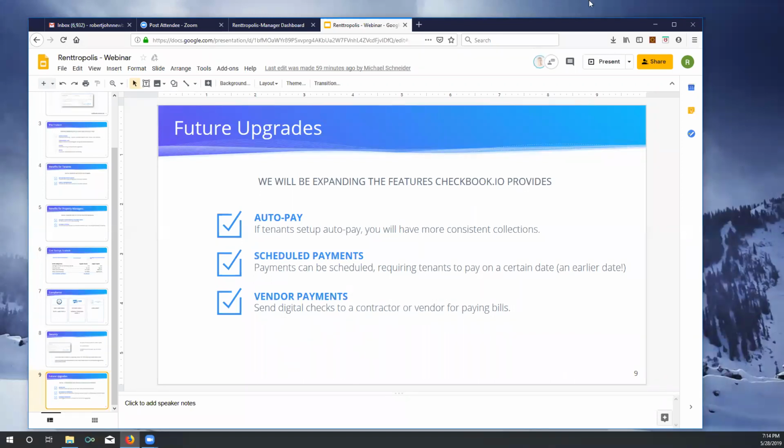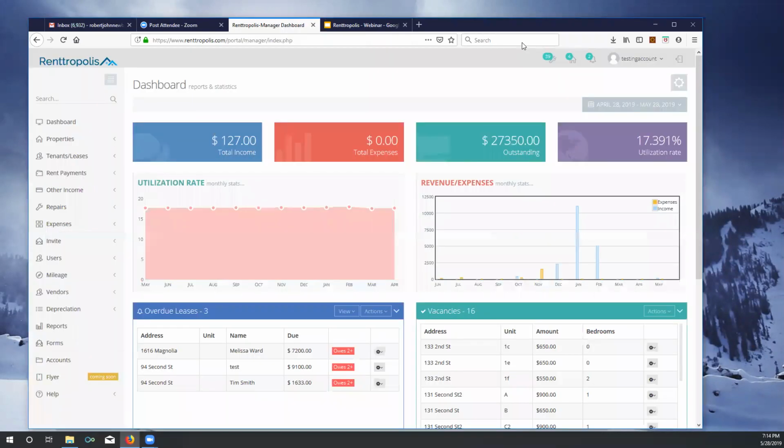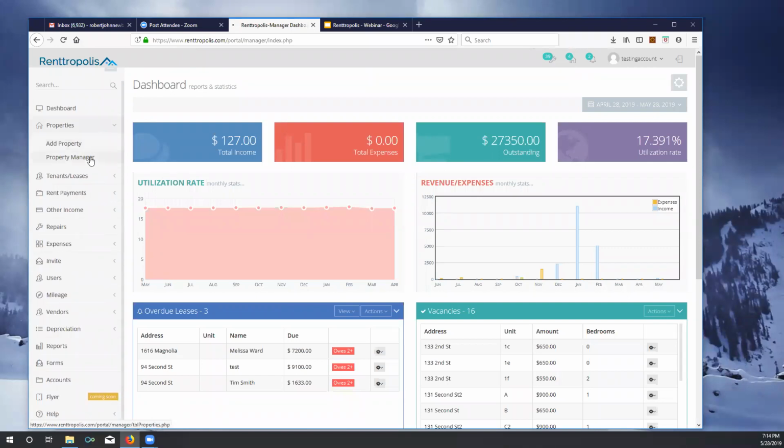Very informative. What I'll do now is I will go ahead and walk through the setup for the Renttropolis application. We made this extremely seamless and easy to do and very flexible. So what we allow you to do is you can set up bank accounts for specific properties. You have a number of LLCs. You can have either all of your properties under one account, or if you have multiple accounts, you can break those apart. So the first thing you'll need to do is you set up your properties and